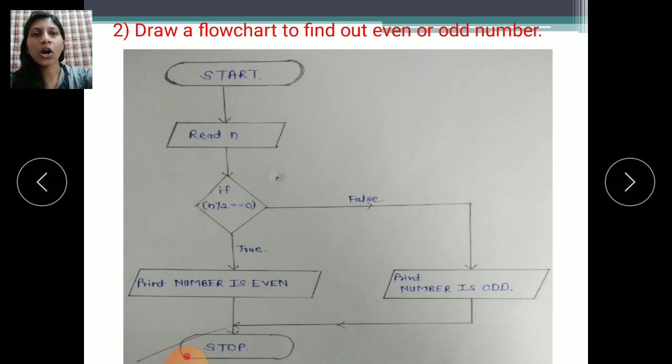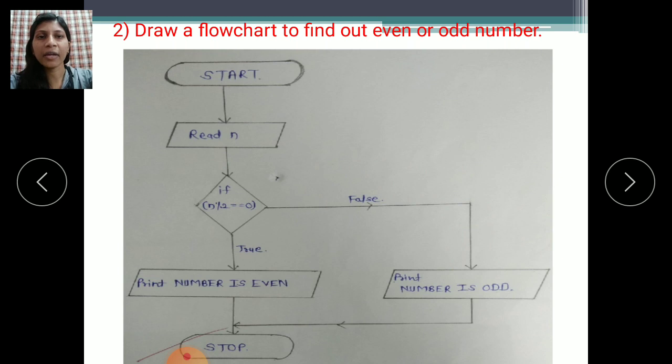If you have given an odd number to the computer for processing, that number is not divisible by 2, the remainder is not 0, and the condition is false, so the false part will execute. If the condition is true, the true part will execute.